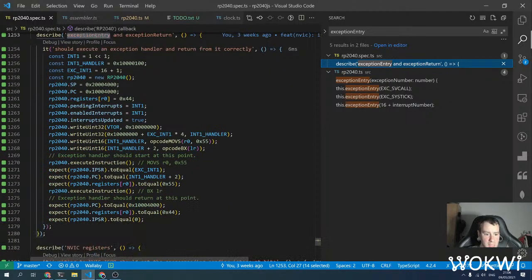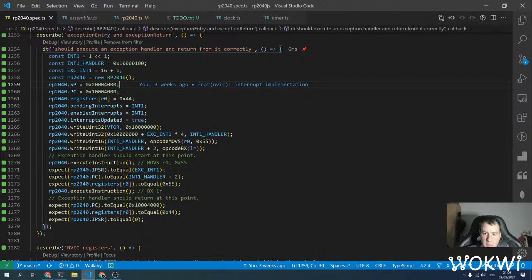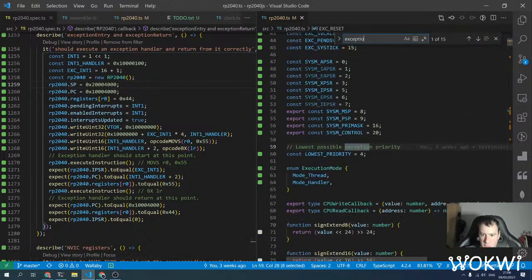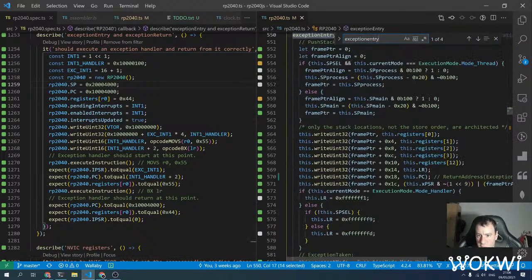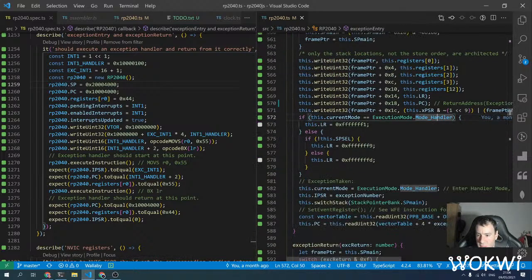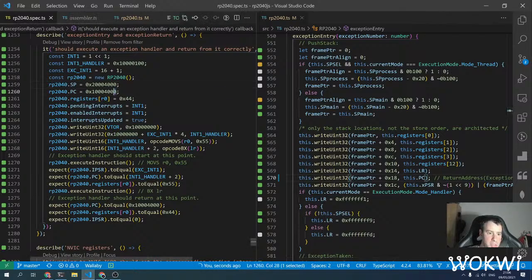So basically we want to check, let's focus on this for a moment, the 2040 exception entry. All right, so this is the part that tests this code, and this is somewhere here. Yeah, the specific line where we had a fix, and we want to make sure that we clear this low